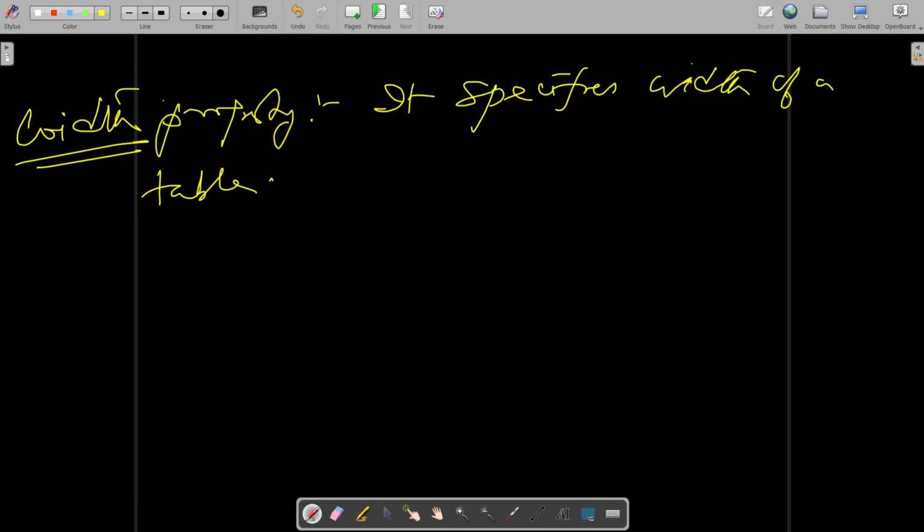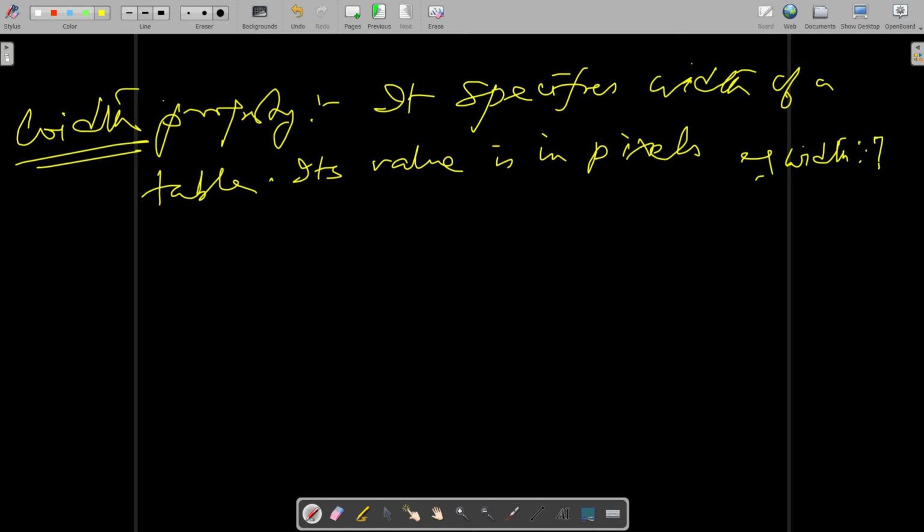Its value is in pixels. For example, width, colon, suppose 70 px, like this.